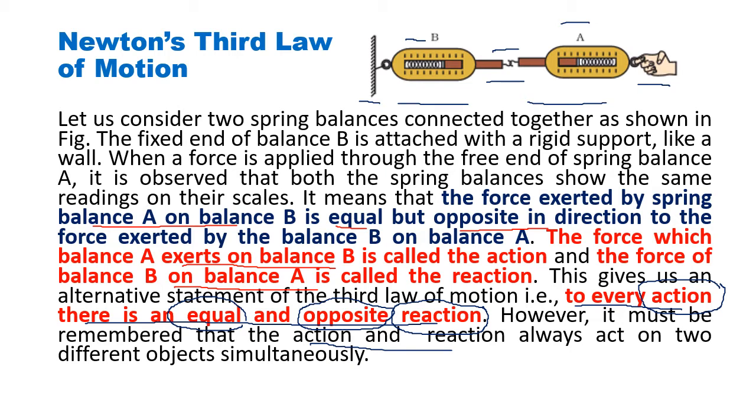Now it is important to note that even though the action and reaction forces are equal in magnitude, these forces may not produce accelerations of equal magnitude. Suppose you've got bodies A and B, they both apply force on each other. They're equal in magnitude, opposite in direction, so the net force will be zero, but it is not so. It creates an acceleration, but the acceleration may not be the same. Why is it not the same?